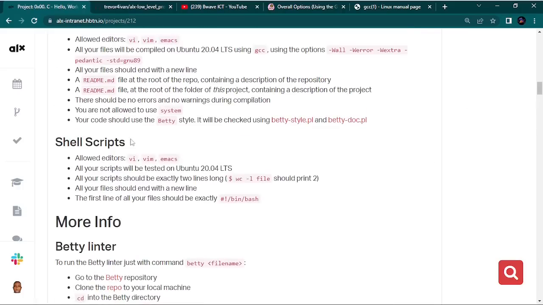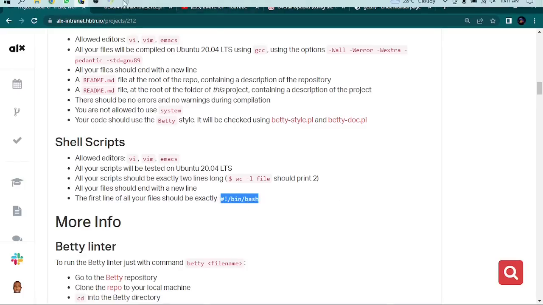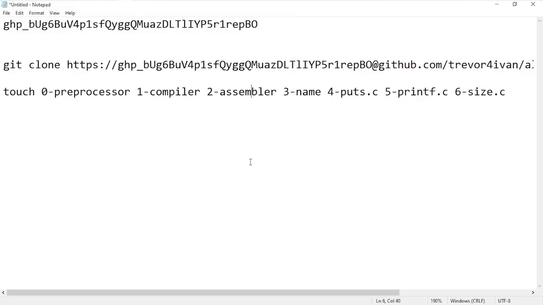All our shell scripts, if you note, yes, shell scripts, should be 2 lines long, should end with a new line, and should start with this command. So I'm going to copy this command now and paste it somewhere so that anytime I need it,